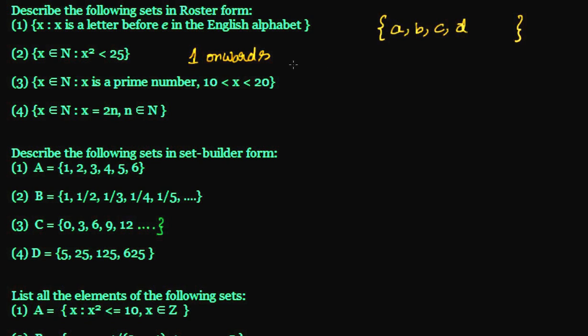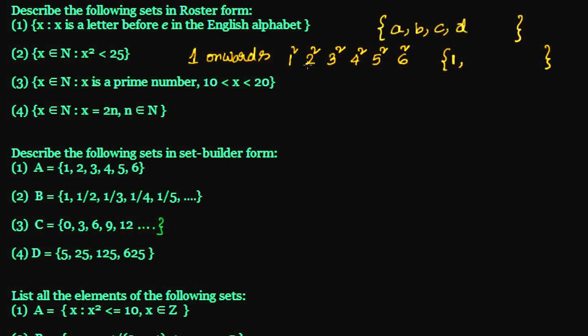That means let us write down these numbers. First number is 1, second is 2, 3, 4, 5, 6, and we will stop there. Now let us see the squares of them: 1 square, 2 square, 3 square, 4 square, 5 square, 6 square. And he says that should be less than 25. So I am ready for the answer. I will put curly braces, and 1 square, which is 1, is less than 25. So x square is less than 25, so x can be a value.